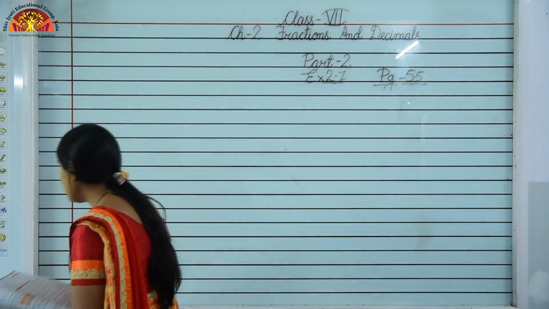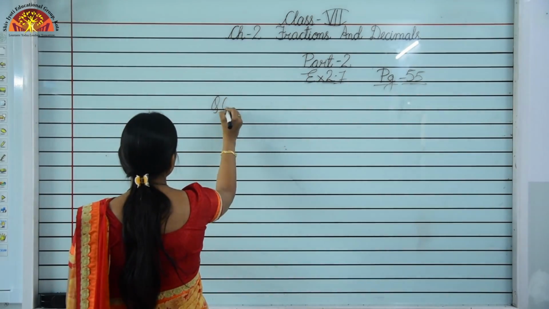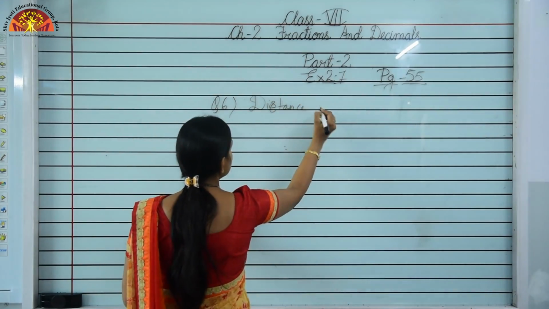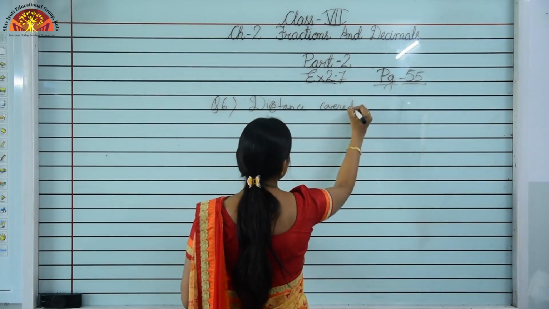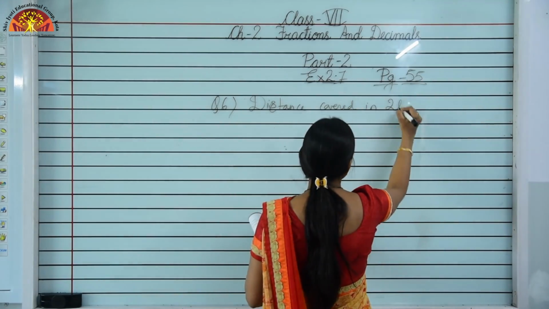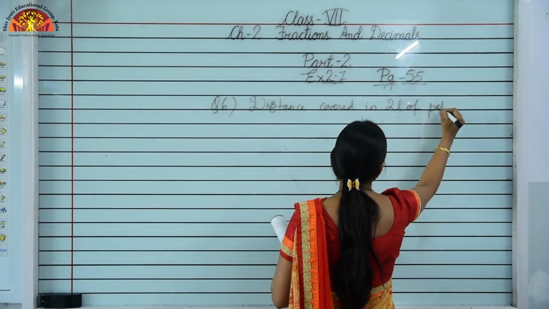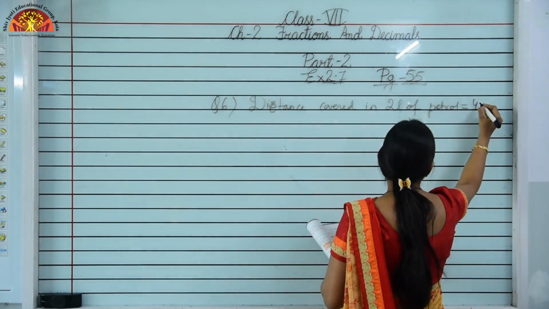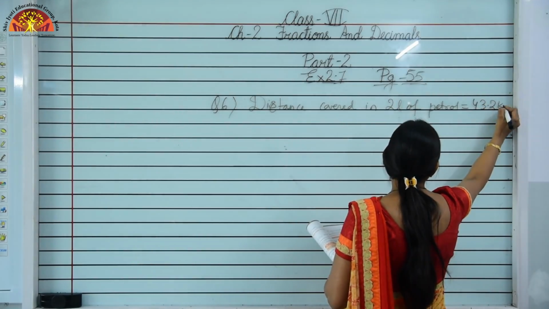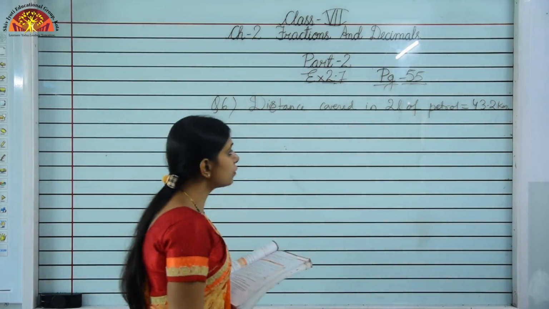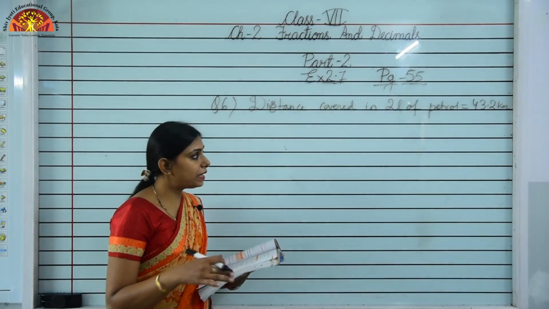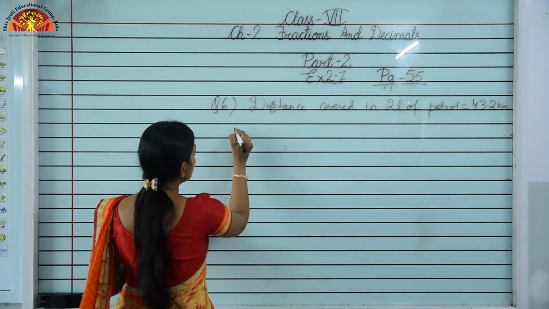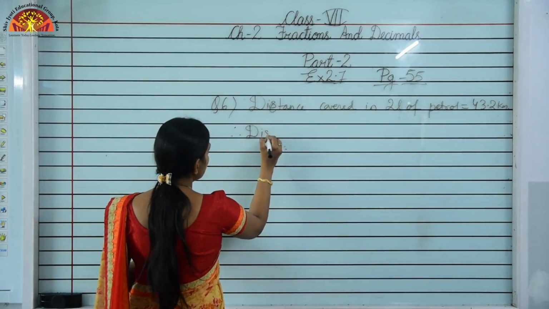It's question number 6. Distance covered in 2.4 liters of petrol is equal to 43.2 kilometers. Now you have to find the distance covered by the vehicle in 1 liter of petrol. Earlier the fuel was more, now the fuel is less, so what will the distance become? It will be less. So we can write, therefore, distance covered